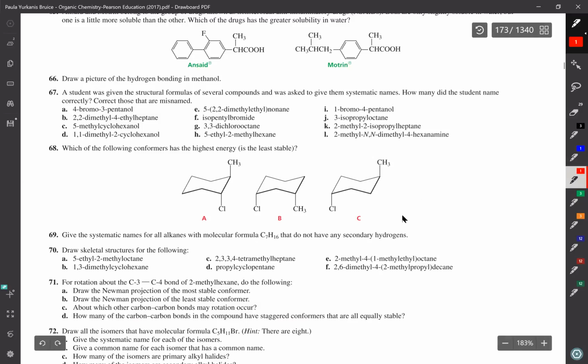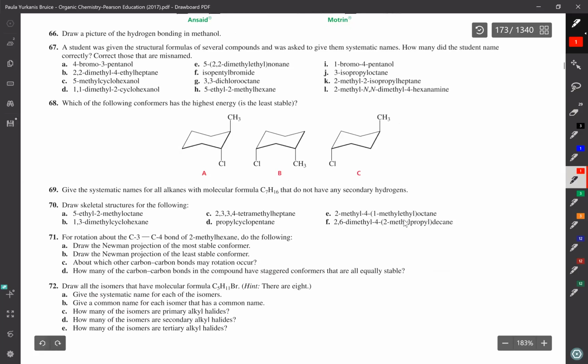Let's do 68. 68 B and C, okay? Let's do 68 B and C. But this one is asking us for which one has the highest energy. Let's forget about that. Let's give them the cis and trans. Let's find out which one is cis, which one is trans, okay? For this one. Now,